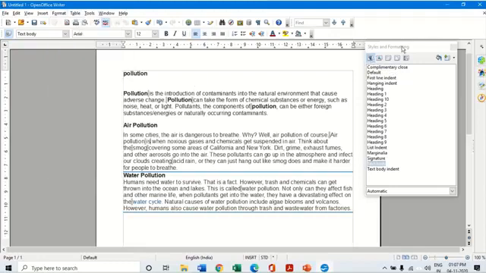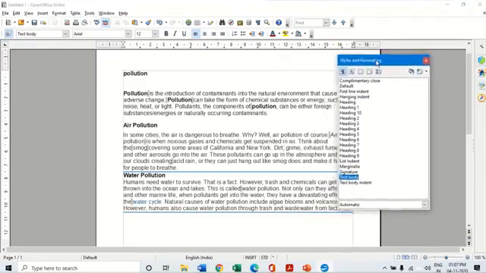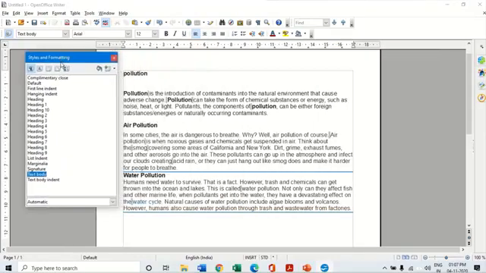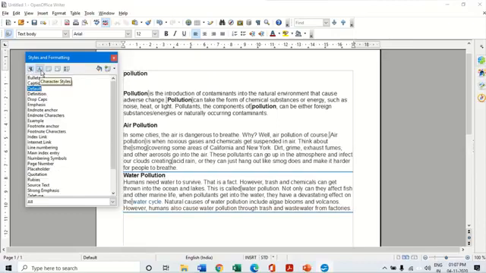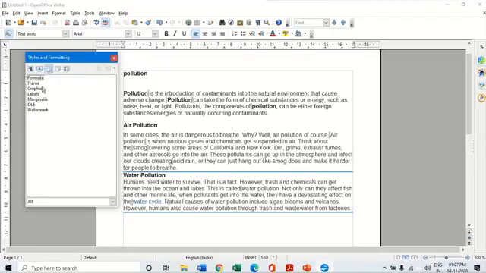Now here on this box, I can move it wherever I want by just clicking and dragging it. Now here, as I told you, there are five different styles which we can apply. First is the paragraph styles, which we can apply to all the different paragraphs. Then are the character styles, which I can apply to text, different types of text formats. These are the frame styles, which I can apply for the images which I put. This one is for the page styles, that is the header, footer, the page note, all this. And this one is for the list, or the different types of lists I can apply.